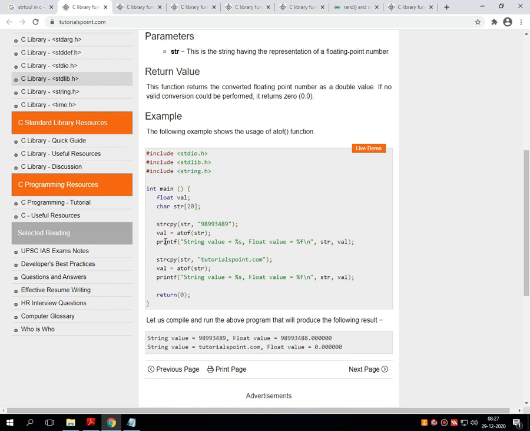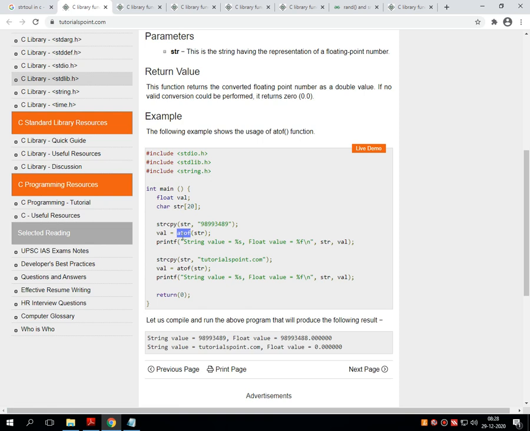Now, first of all I am passing my input string into the strcpy function, which copies the given string into the variable called str, and then I am passing this str into the function called atof.